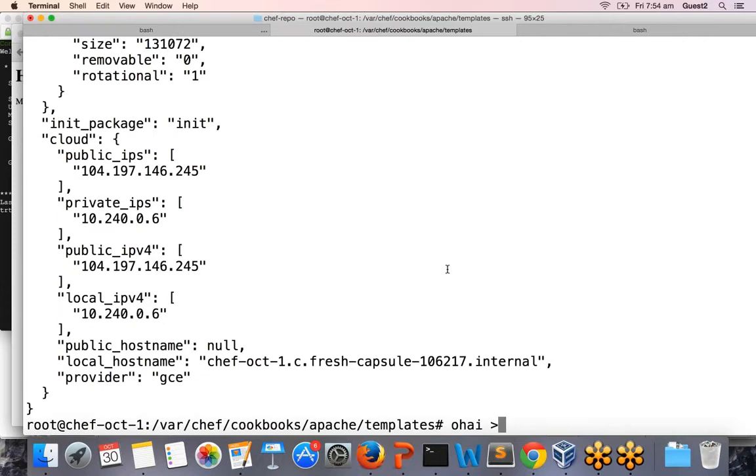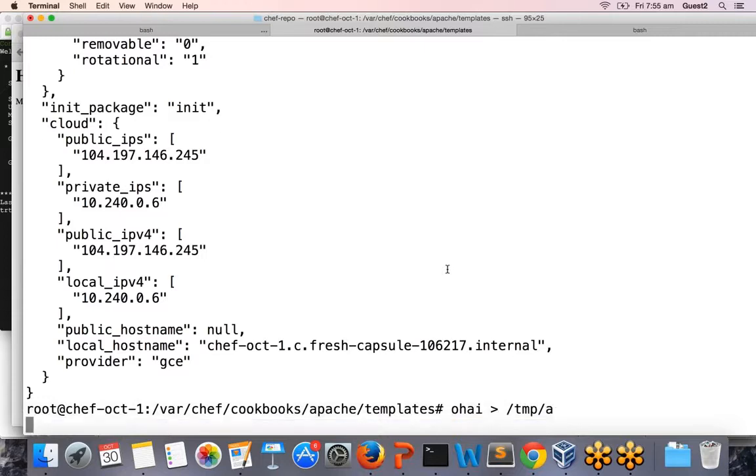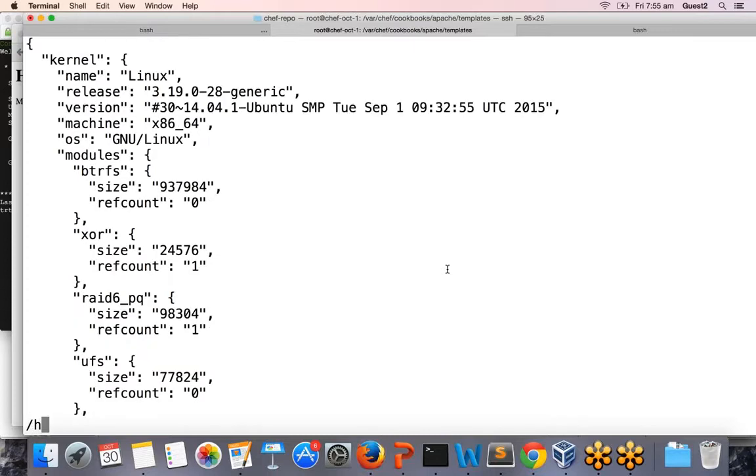A lot of data, but I'll trim it down and pass it to /tmp and some file. Now if I open /tmp, I will see all the Ohai data. And here you see,